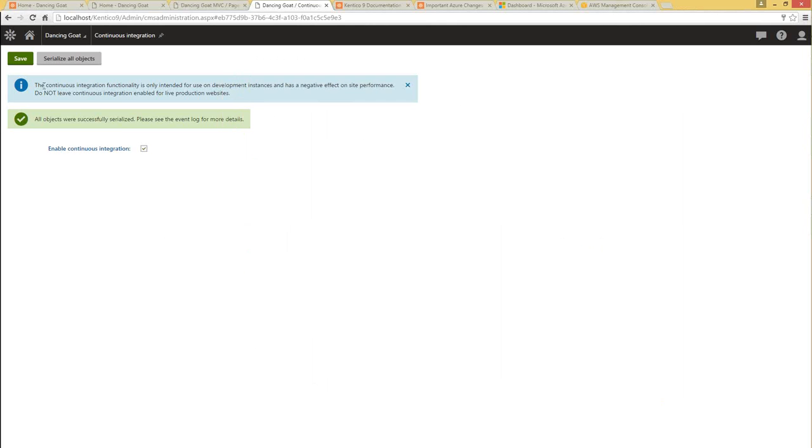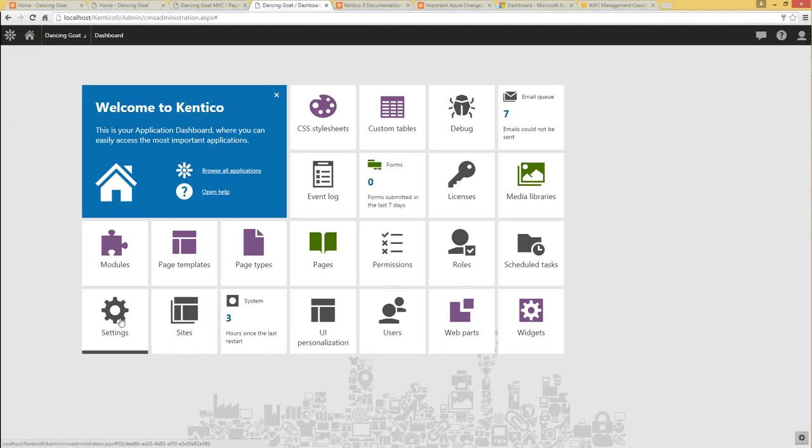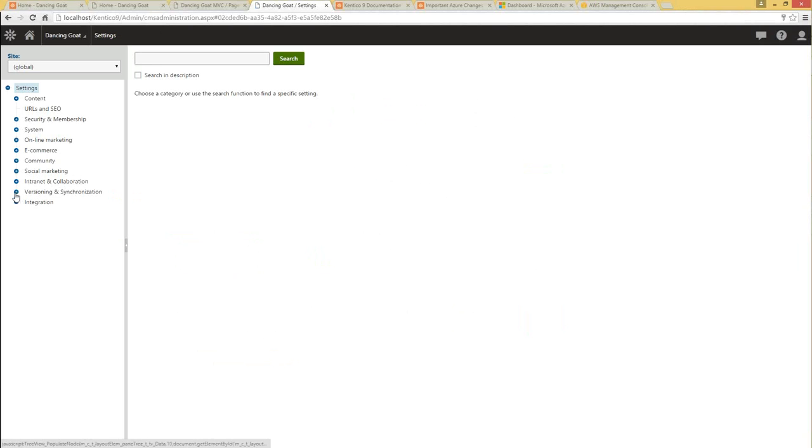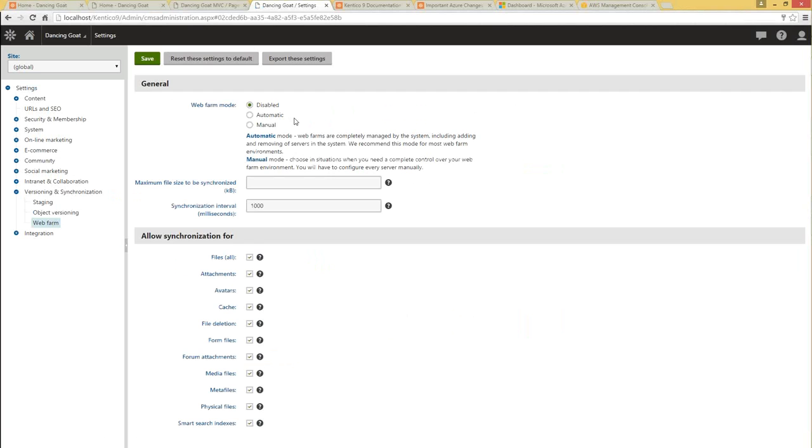So just as a quick demo of what this looks like, if you want to see it. I'm just running this site locally, but I don't have web farms enabled at the moment. Now we have a couple of different options, automatic or manual. You can still do manual if that's what you're into, and you can still define your own manual web farm registrations and how you manage information. But we also have